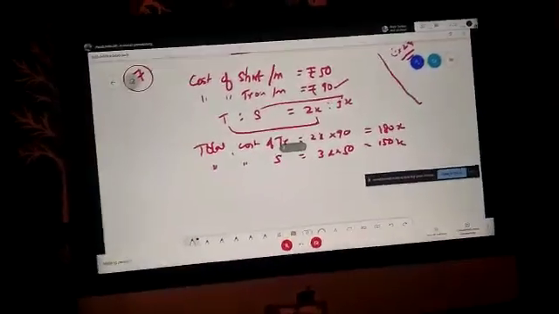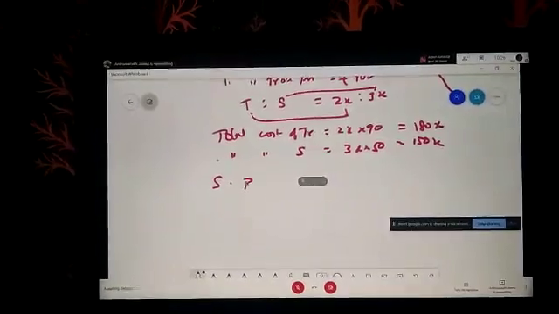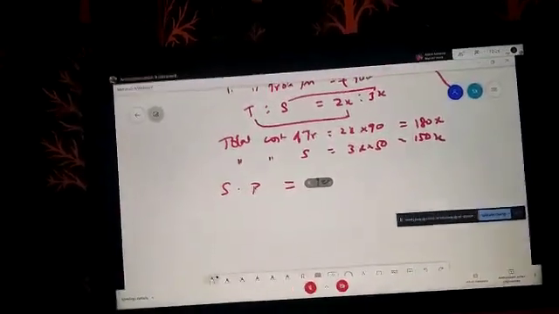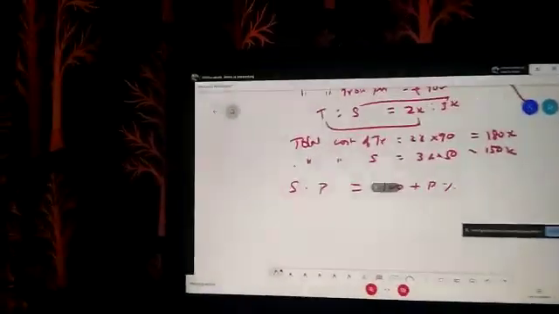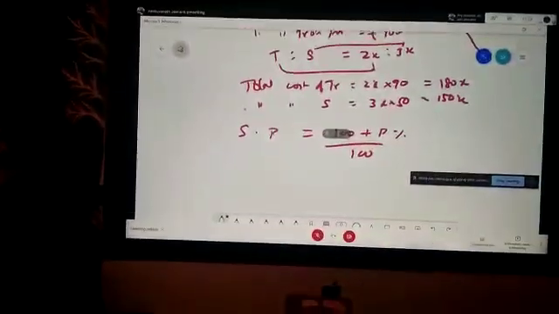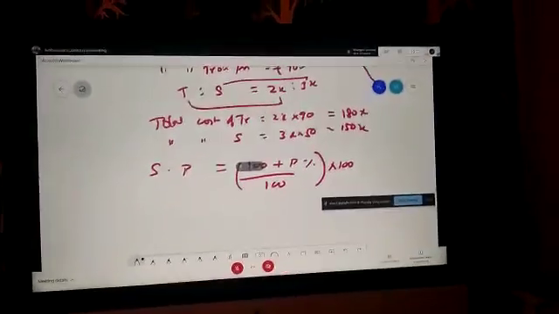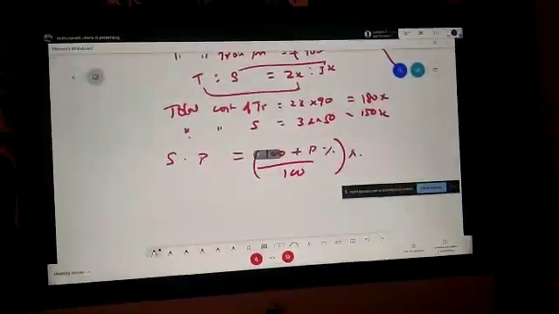Now come to the profit, so the selling price. You can use a formula or you can do it without the formula also, I'll teach you, wait. The formula will be (100 plus profit percentage) divided by 100 into cost price. If you don't like this formula, don't worry. I'll teach you one more method which is easy.